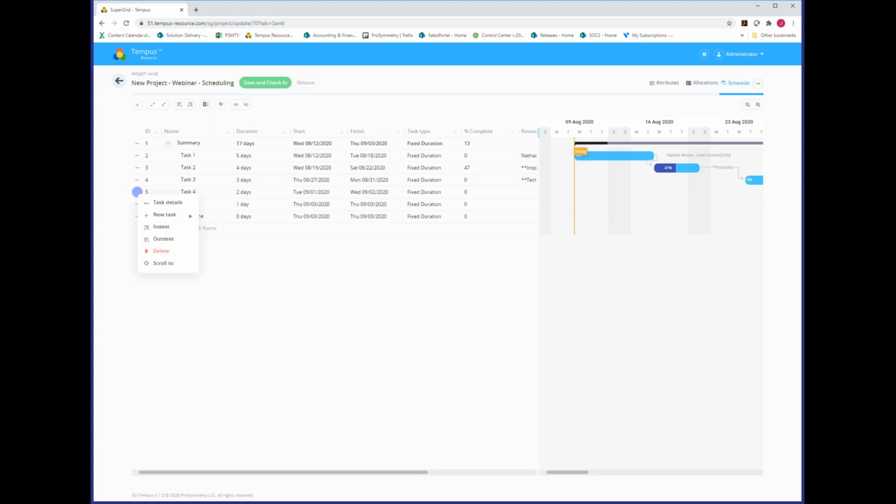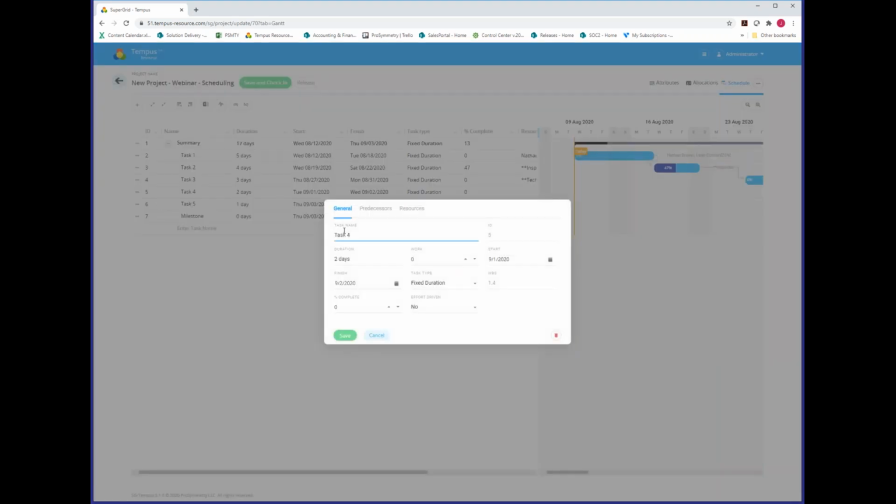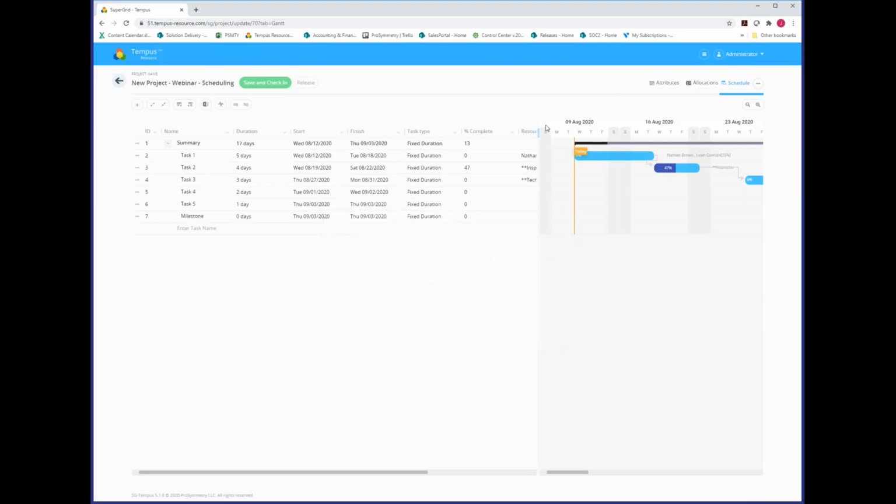And then, of course, there's also the option to access this from the task information dialog box. So you'll see in this case, task 4, 0% complete, and we can update that value here. All right. So this is the scheduling function. I would encourage you to take advantage of it, even if it's not for resource planning purposes. I think it's still fantastic for scheduling out activities, identifying the sequencing of activities, understanding those relationships